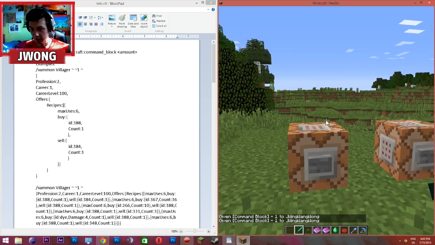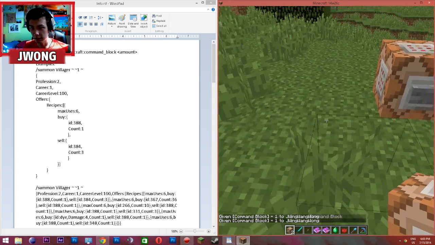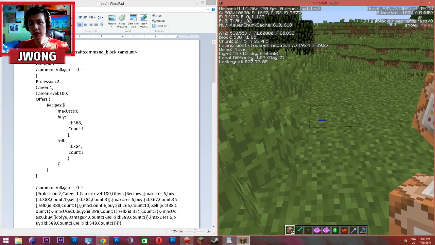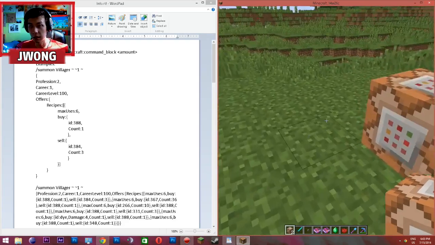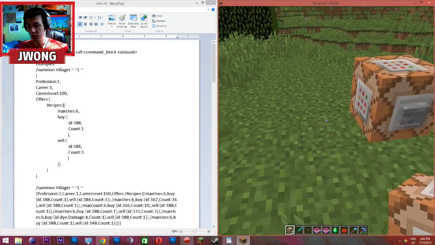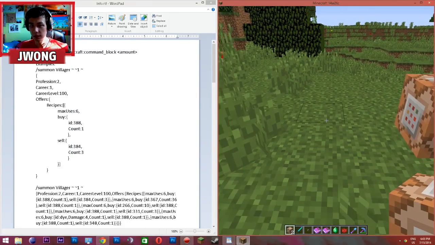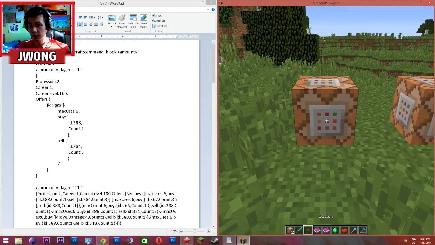Let's empty a space right there. I guess there's already one in my inventory, and you place it right here. Now, I'm using a snapshot of Minecraft right now, the 14w26c snapshot, which is between 1.7 and 1.8, so this may not work. Some things may or may not work in 1.7, but anyways, what we're going to do here is right click here